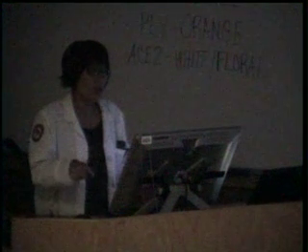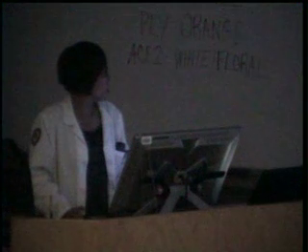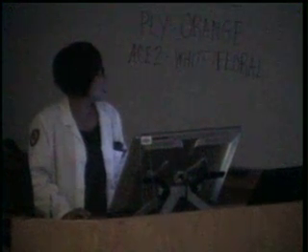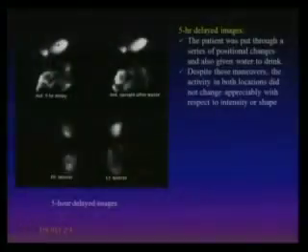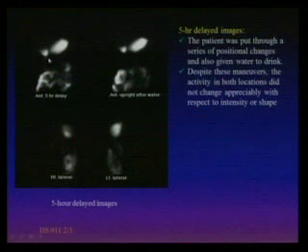So if there's a small leak like this, you think that's a leak, but you are not sure, and you definitely need a diagnosis. So you need to do a delay. And in fact it's here and also here. That could be reflux from the duodenum to the abdomen, but you need to confirm that. And then they did a 5-hour delay, and you can see the persistent activity, progressive accumulation in these